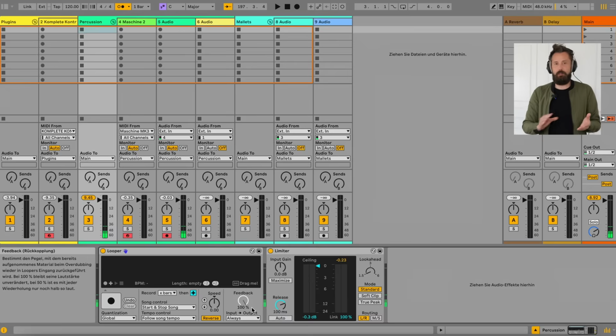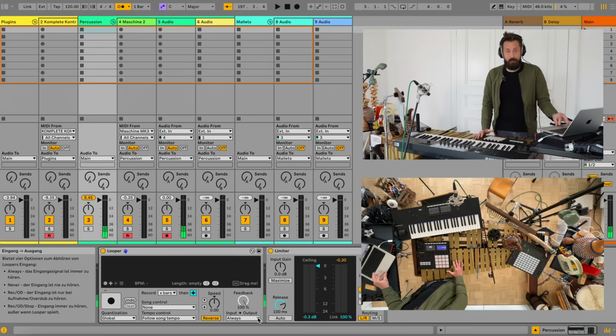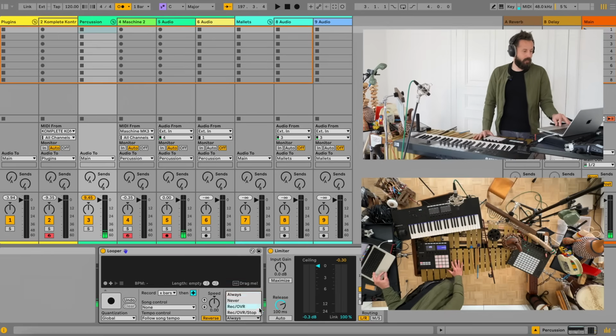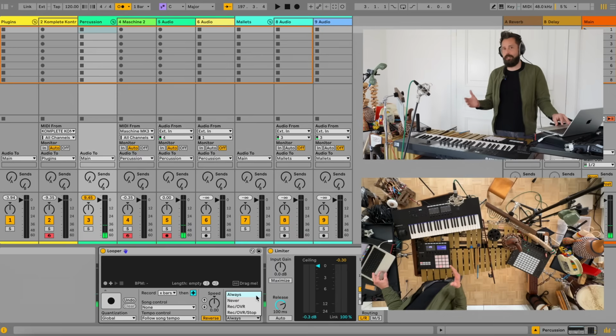Which means when you're playing a first loop and recording one overdub, you can decide if the first loop should be 100% the same volume as before, or you can set that down a bit if you want the overdubs to be heard a bit clearer and the first loops to be a bit more silent. The input and output options here are basically for how you want to hear your input signal